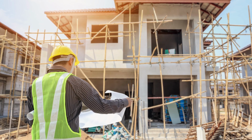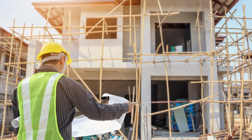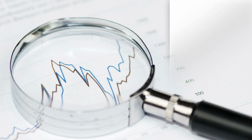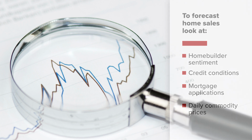The desire for home builders to supply housing, demand for housing from consumers, and the cost of capital and materials are important variables to analyze when assessing real estate markets. To forecast existing home sales, look at home builder sentiment, expected credit conditions, mortgage applications, and daily commodity prices to get an idea of how builders, banks, consumers, and investors feel about the trajectory of the real estate market. Also,